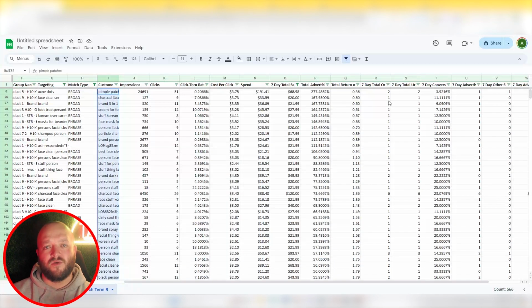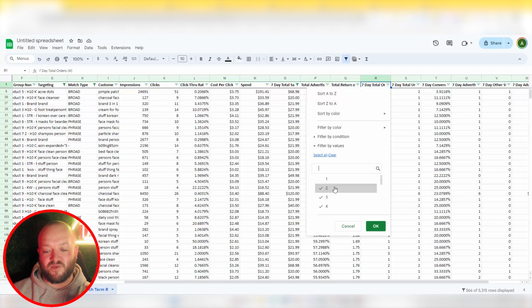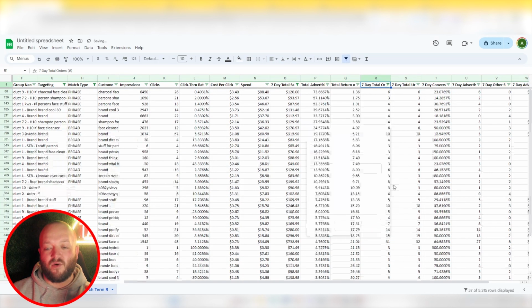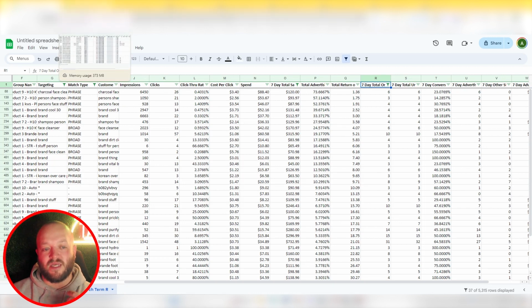Now what you may want to do when you're launching broad and phrase match: maybe for exact match you're okay with one order, but with broad and phrase match, maybe you want at least 3 orders, right? You can run some filters there, say anything over 3 orders, and launch these into broad and phrase. So we'll go through that same process: copy all these customer search terms that have made multiple orders, compare them against your existing broad and phrase match keywords, go back into that bulk file to copy all those,